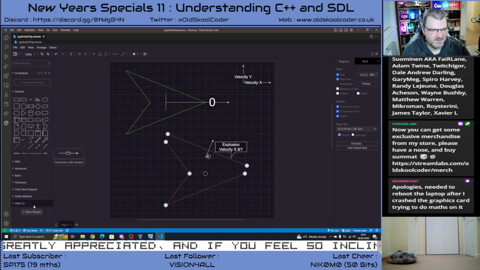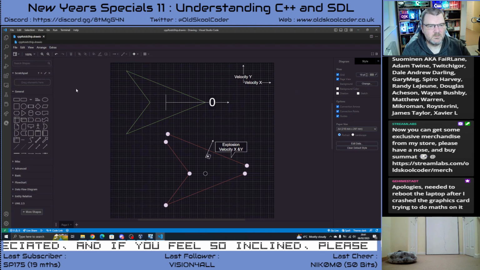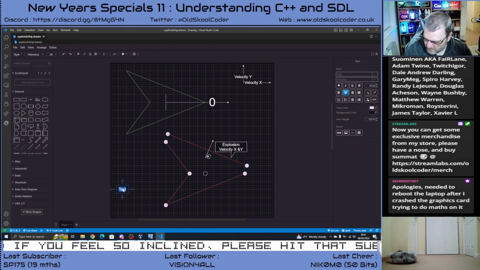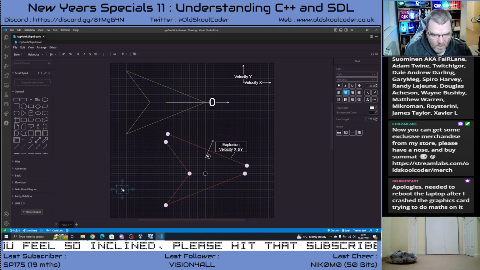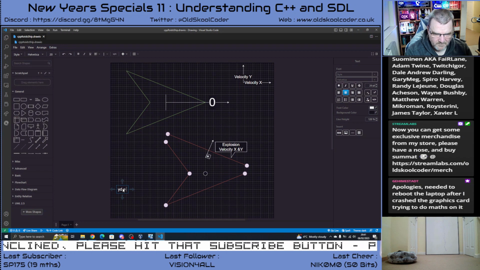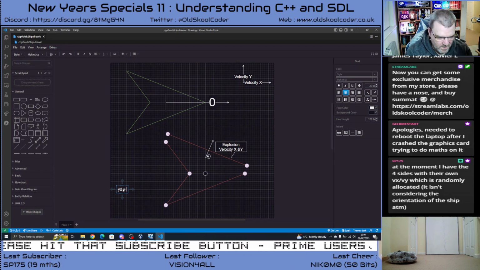I can't put text on here. I wanted to put text on here. Why can't I? Can I just tap? Ah, here we go. So the y delta equals the y velocity